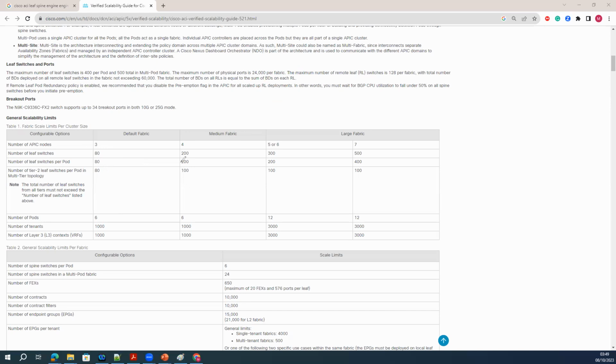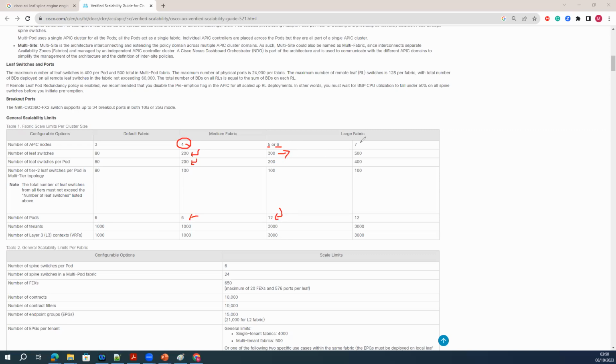Okay. Then if you're having a 4 APIC cluster, 4 APIC nodes, it can go for 200 leaf switches, and the number of pods will be the same. If you're having 5 to 6 APIC cluster nodes, you can have up to 300 leaf and spine switches.